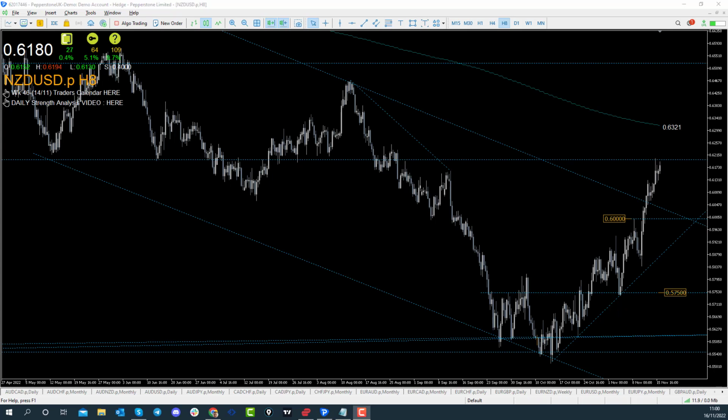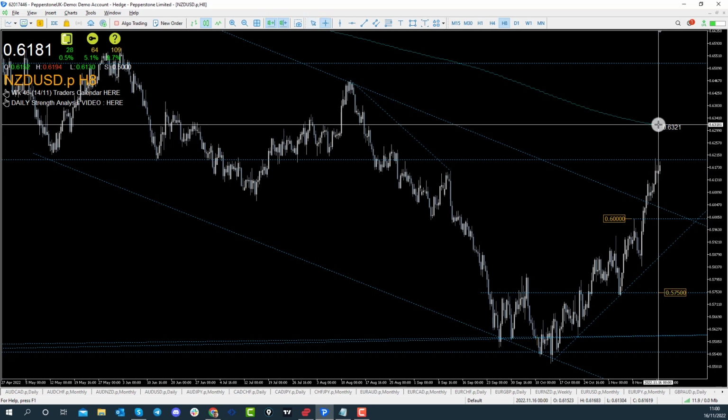So as a trend trader, I'll probably be looking for price to come back down towards the 0.6 handle. If we then see the New Zealand dollar reappear on the currency strength indicator tables, then that would, for me, be an area where we could start looking for long opportunities again. As a day trader, you may also want to sit on your hands, because if we break above this point,